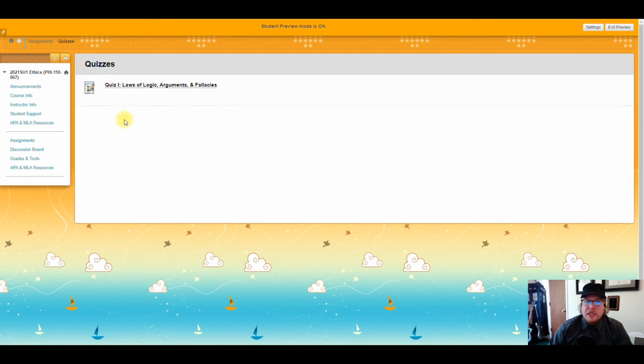And the other quizzes will pop up throughout the semester when they're available. But then also right in this same subfolder, the quizzes subfolder, another folder will pop up that will say quiz answer guides. So after 48 hours of when a quiz is due, the answer key will pop up so you can review your answers. Additionally, while we're here in Blackboard, all the stuff that you need is also here under